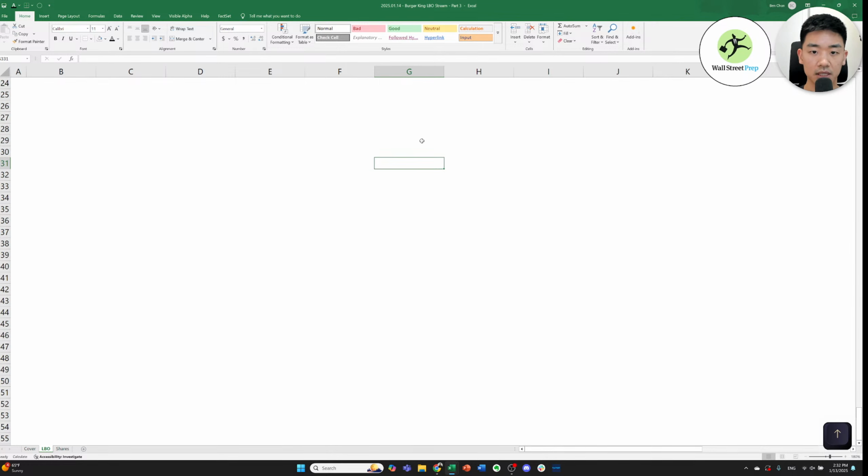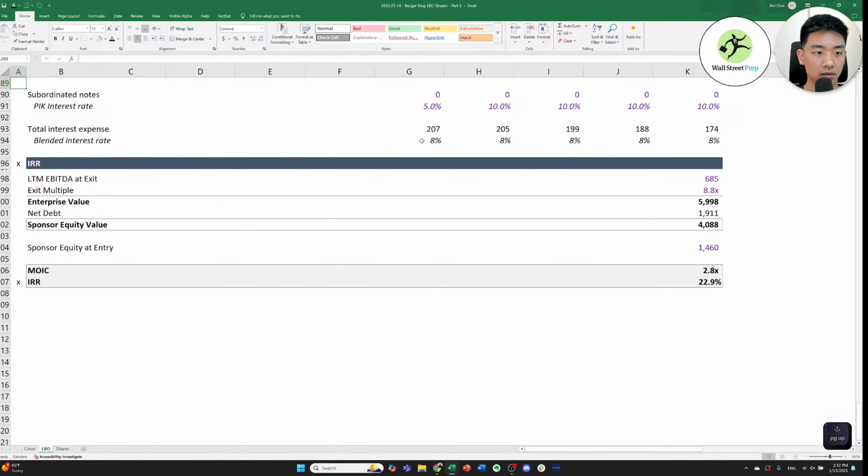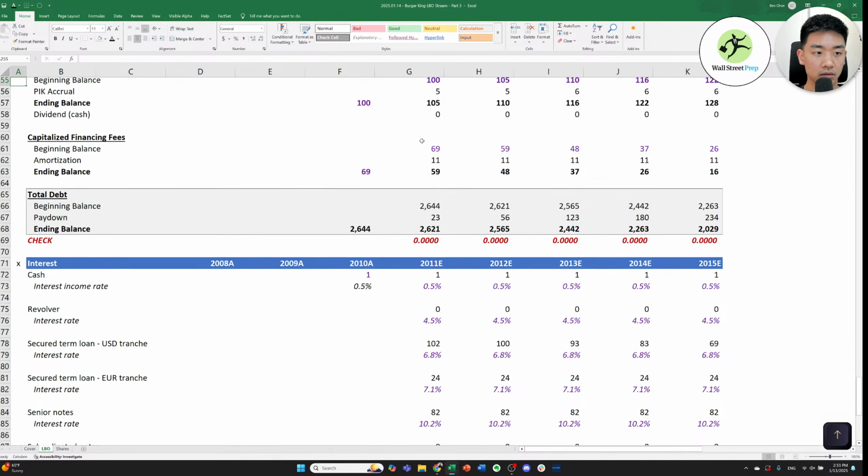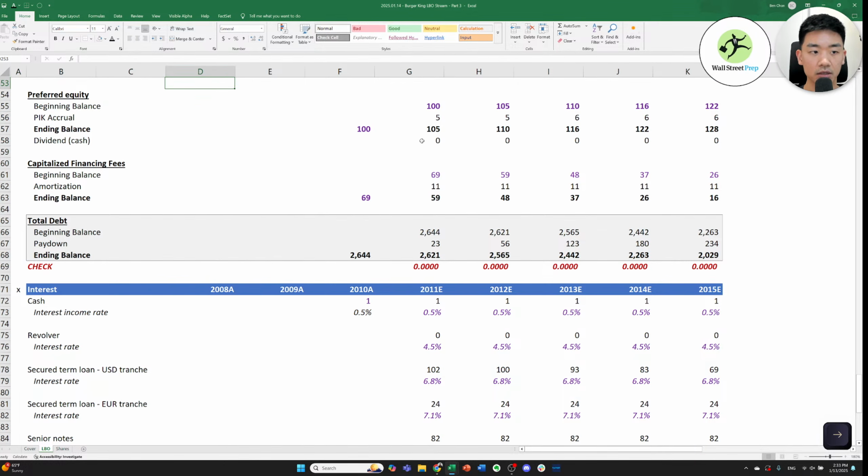So now you'll see that the PIK accrual is happening, right? So I promised I would explain things a little bit more now that we have the numbers. So let me do that. So PIK